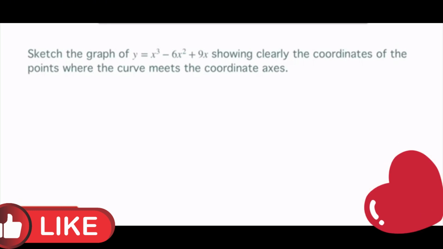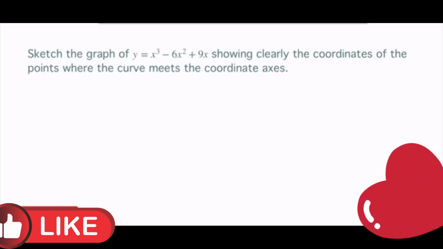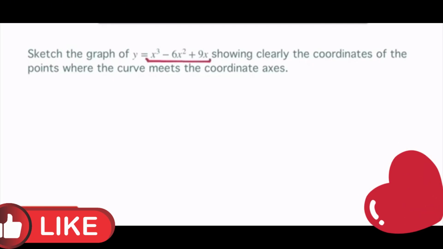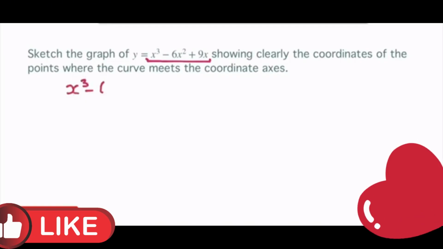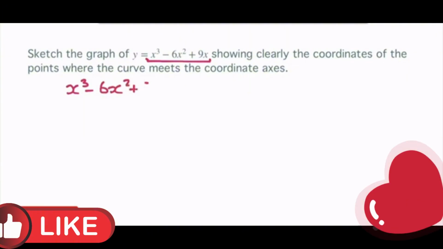of the points where the curve meets the coordinate axes. Now at the moment, obviously we've got the full equation here that needs factorising first. So we have x cubed minus 6x squared plus 9x. Now these are the nicer versions of the